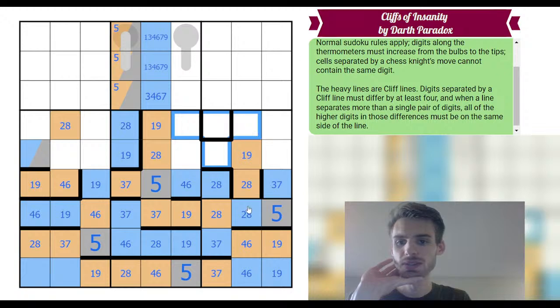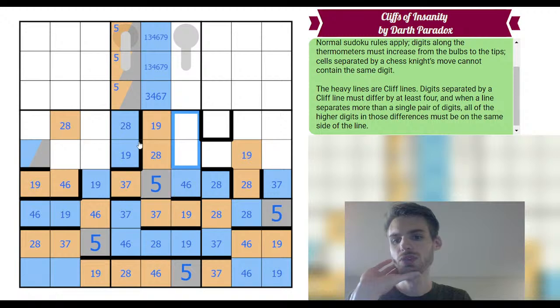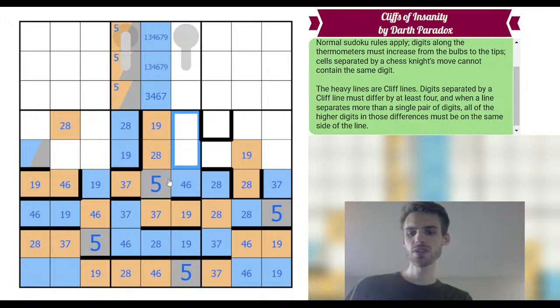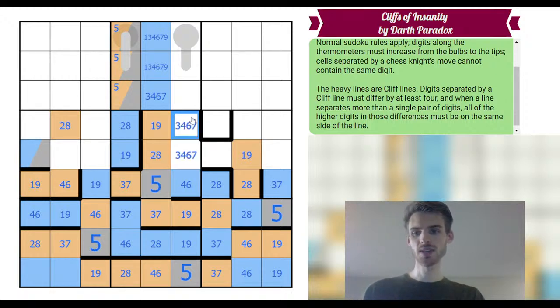Let's think about this. So over here we have blue 3-7 and orange 4-6. So 3-7, 4-6. If this is orange 4-6, this is going to have to be either the 2-8 or the 1-9. Can't be the 2-8, so it would be the 1-9. Row 5, column 7